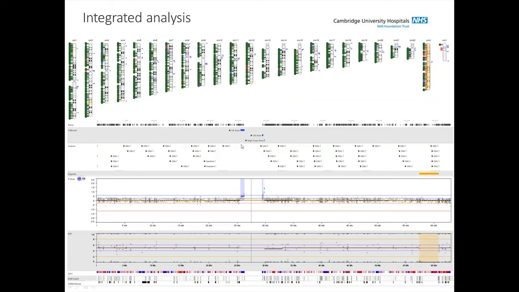What we see here is an apparent gain around the centromere on chromosome 20, and using this CN event track, you can click on these little triangles and you will see that this particular gain and all the other ones are present in many other samples, and you can disregard this as essentially a benign variant or an artifact